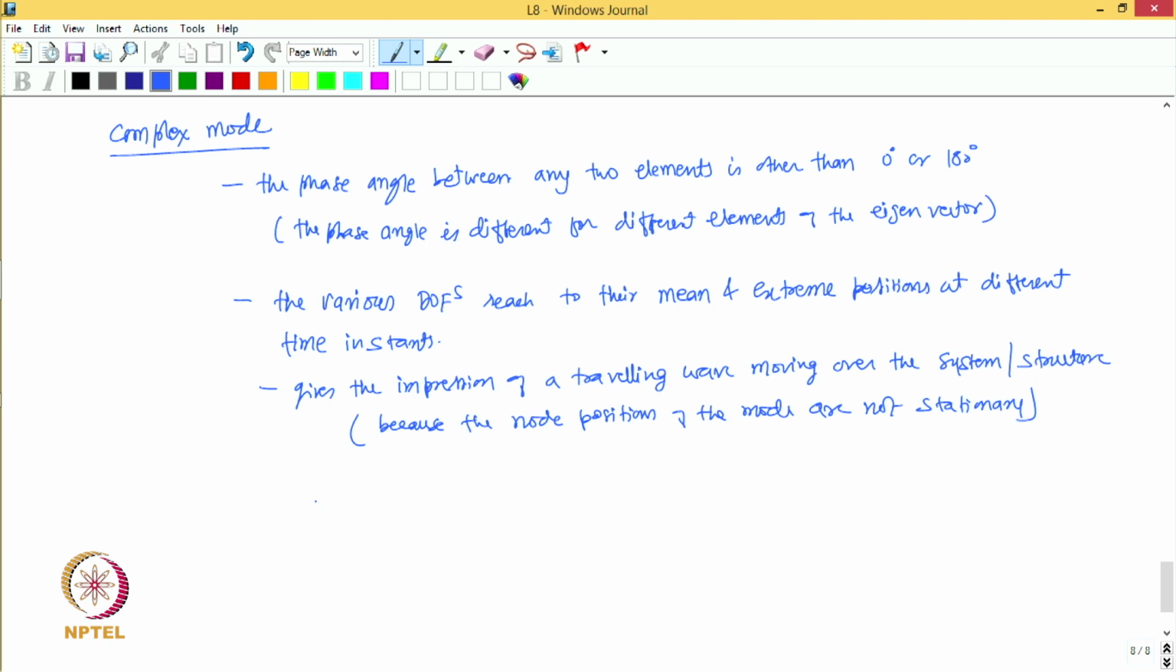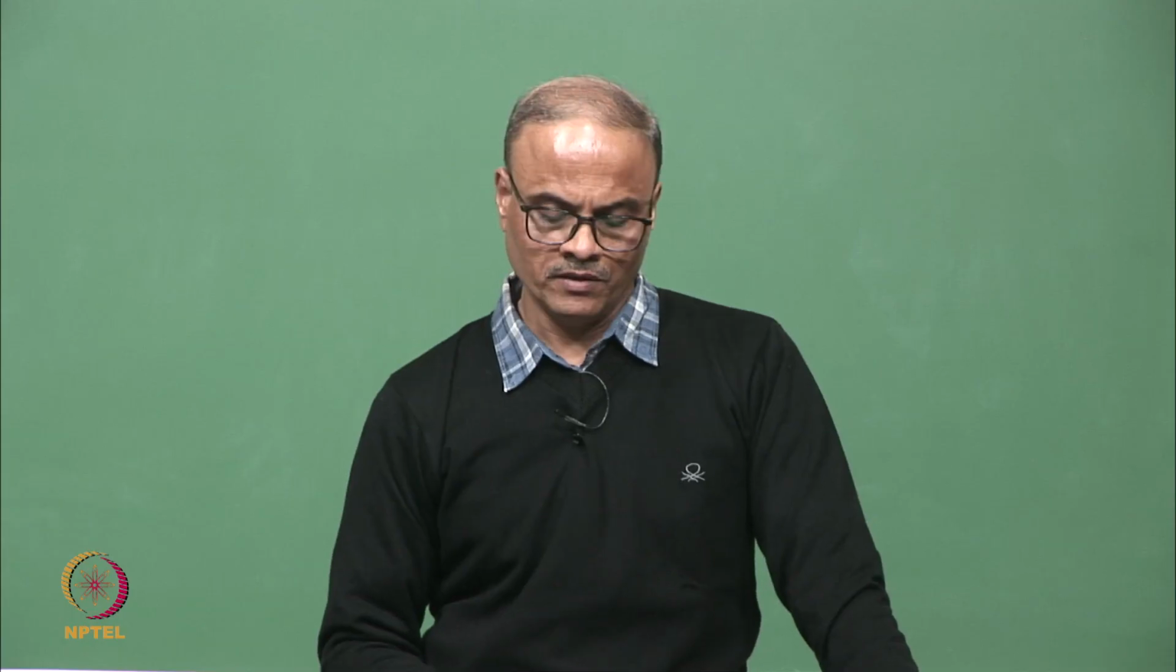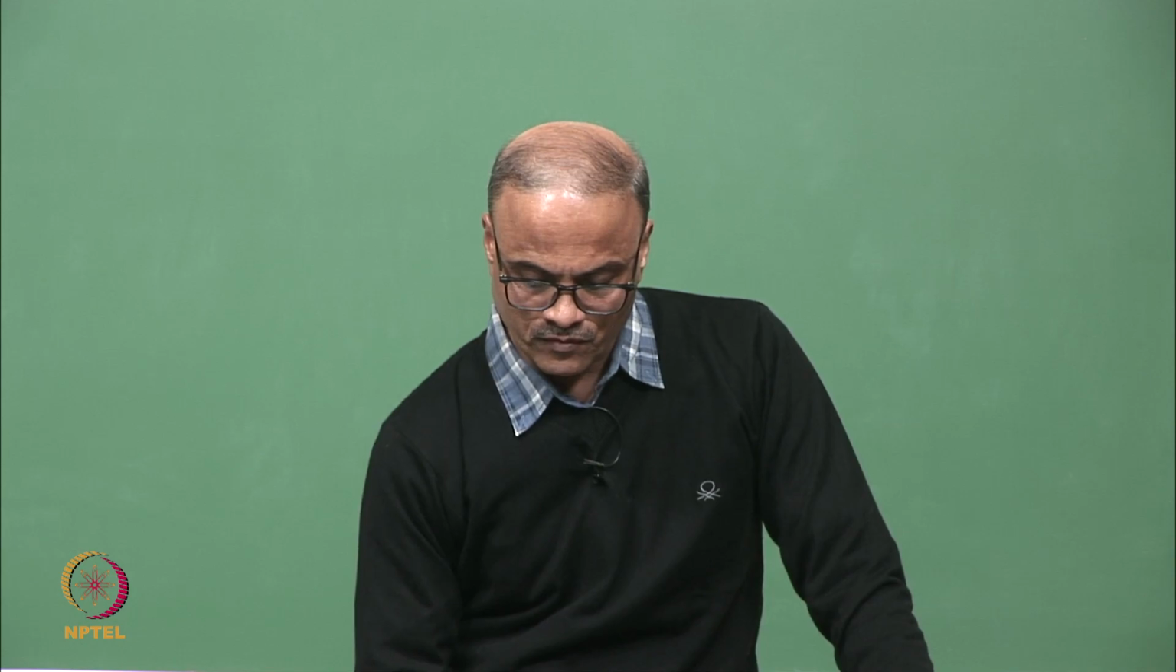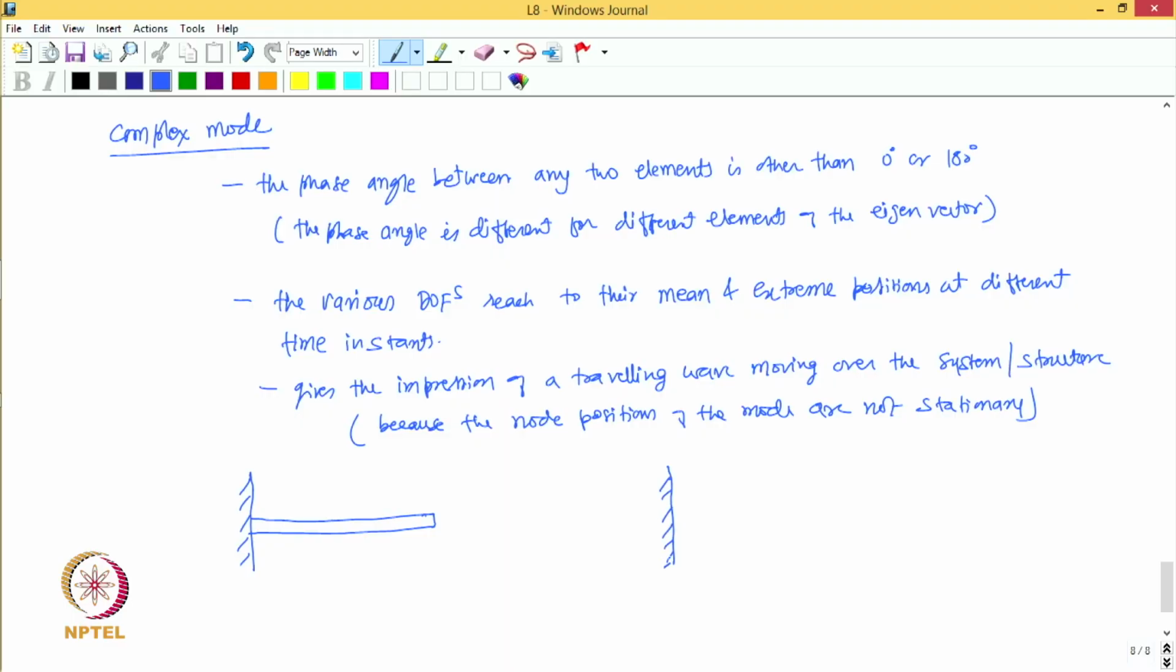So, therefore, if you look at a complex mode, let us take the example of a cantilever like this. Let us try to represent what happens to the animation of the mode when the mode is complex and when the mode is real. So, if I also plot it for a real mode, right. So, if the mode is real,